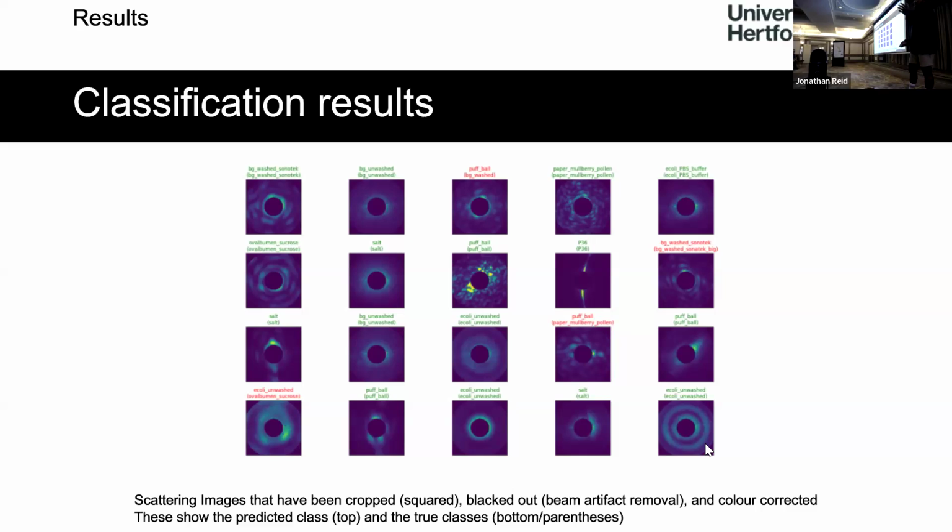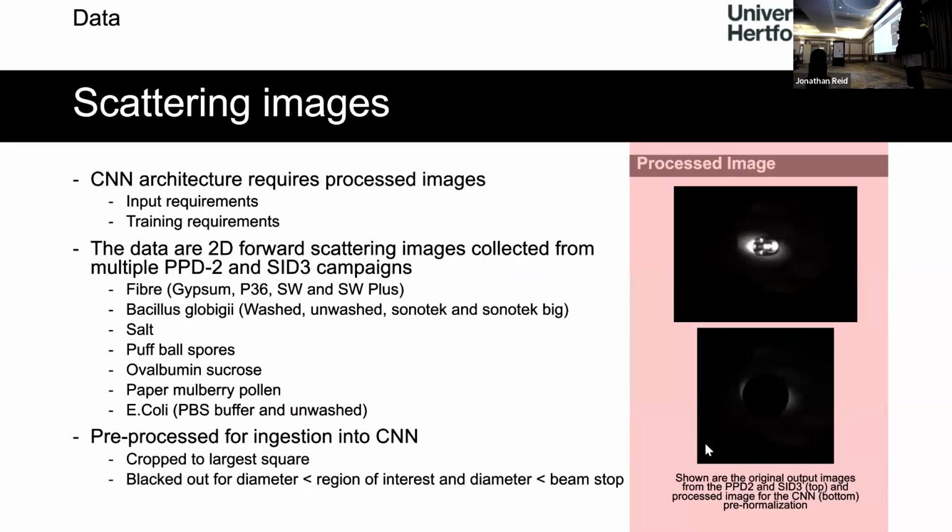When I say black it out, I mean I dropped the intensity of the pixel to 0 instead of having it as whatever it was. I did the same for the inside, because if you look at the previous image, you'll see this is an artifact of the beam stalk interacting with the laser beam itself. And that remains very similar for each campaign that you do. So if I'm doing all my data today and I don't move the detector,